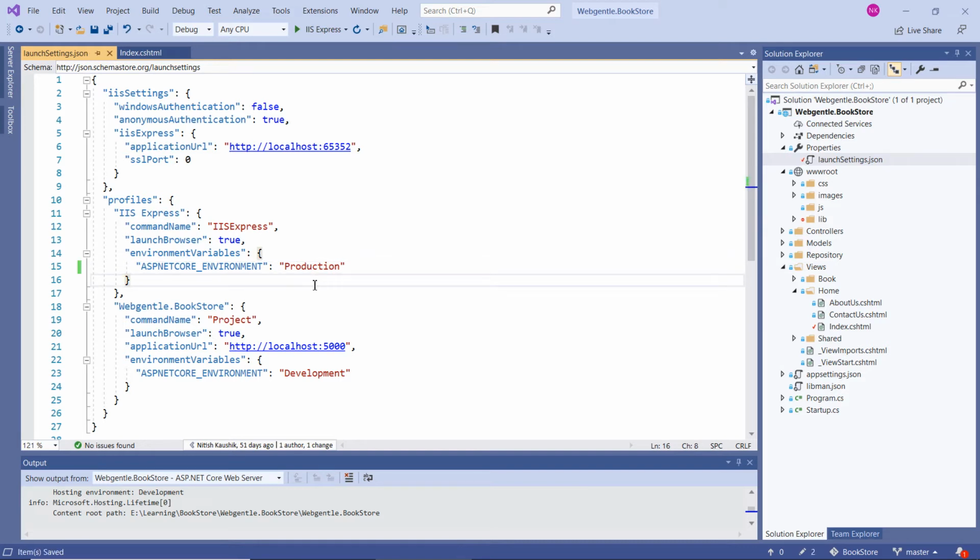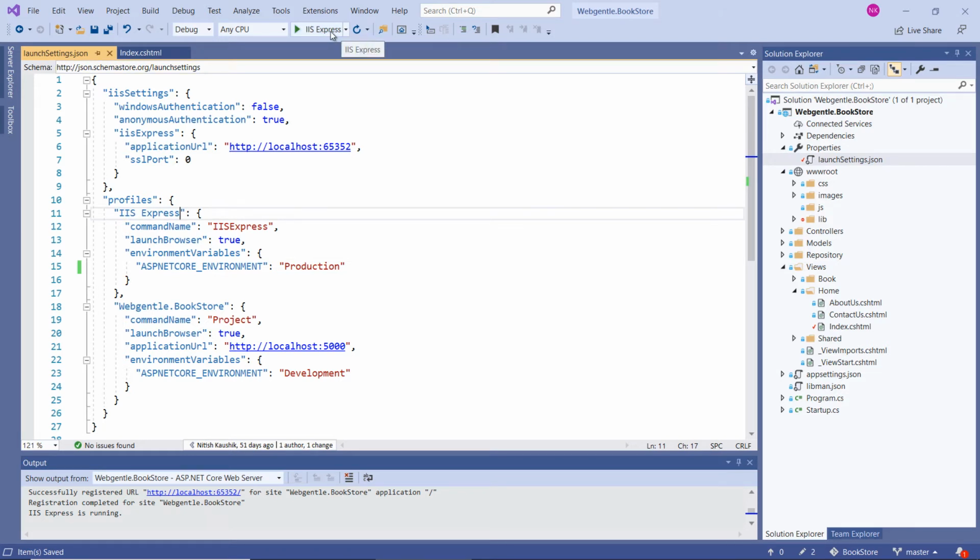Now you can ask yourself, why are we not updating this value inside this second profile, which is webgentle.bookstore? Why are we updating it over here? Because at this time to run this application we are using IIS Express. Here you can see in Visual Studio, by default IIS Express is selected. If you want to run your application by using this second profile, then you can choose it from here.